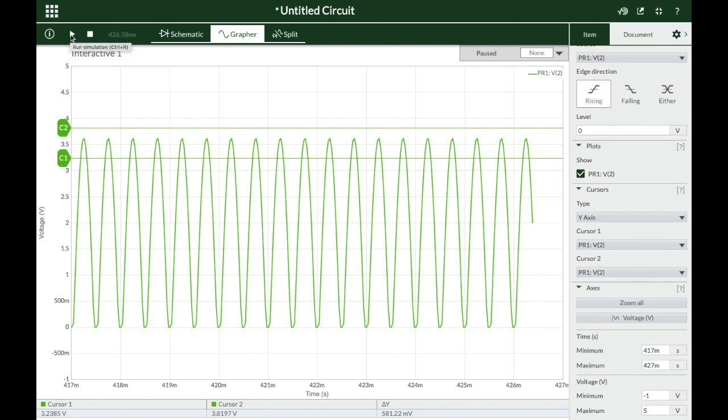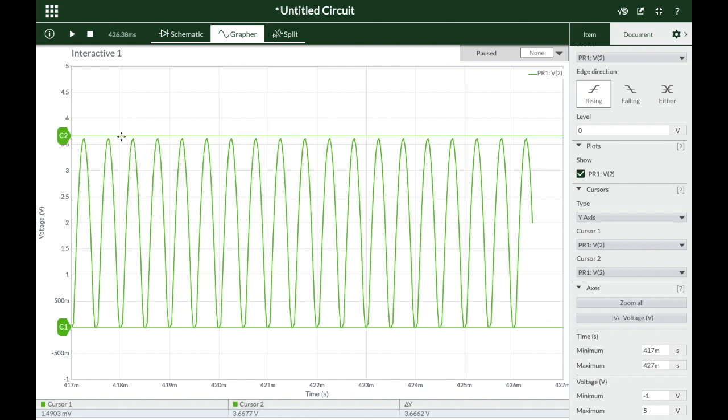So here now we are seeing the same waveform. I am saying same because we have not changed anything in our circuit. So it is the same waveform which is stretched along y-axis. So we are keeping C2 touching the upper peaks and C1 touching the lower peaks. Here we can see voltage corresponding to the cursor C1, and that is 1.49 millivolts, which is very small, and that corresponding to cursor 2, that is the upper peaks of this particular level, which we will note down as Vm, and that is equal to